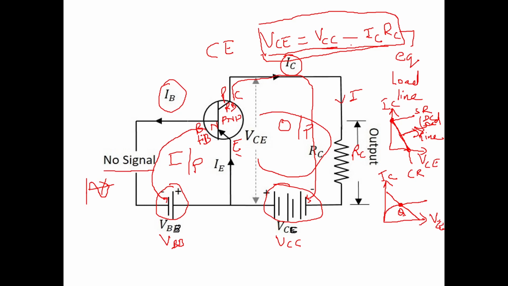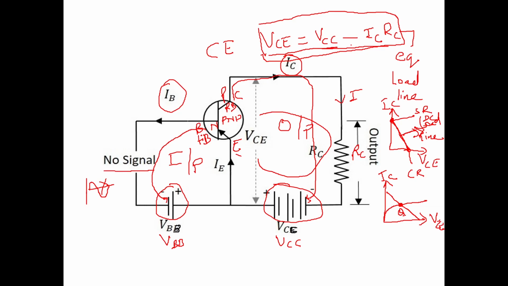So basically now you should know about this circuit. In this circuit, we are not applying any signal. We are applying only DC voltages, and the DC voltages are applied such that the base emitter junction is forward biased and the base collector junction is reverse biased. Then we come to the output loop and we form an equation: the voltage between emitter and collector, VCE, is equal to VCC minus ICRC. That will be important for us to plot a load line.